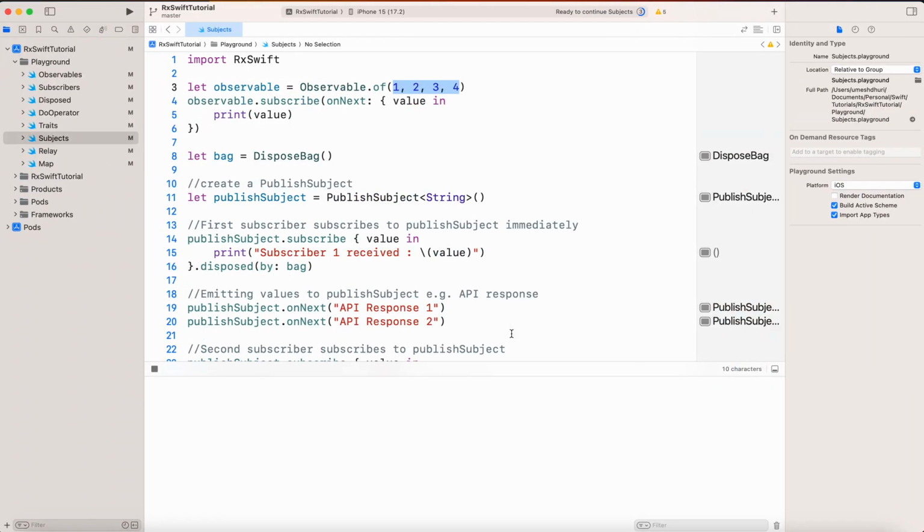Today we are going to dive into subjects in RxSwift. Subject is one of the most powerful features when dealing with dynamic data in reactive programming. In our previous videos, we have worked with fixed hard-coded values for observables. So we are creating observables using hard-coded values like this. In our previous video, we were creating observables using of, just, from methods, and we were passing the hard-coded